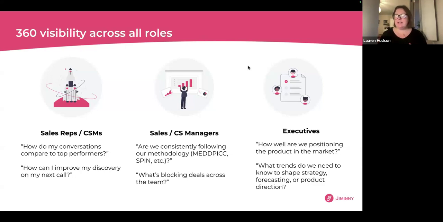Or it might be that you're a CEO of a company and you want to understand how your product is positioned in the market against some of your competitors, so that you can use that to help direct your go-to-market strategy alongside your product team, your marketing team, your customer success team, sales team, and so on. So there's a huge number of ways that you can use this.